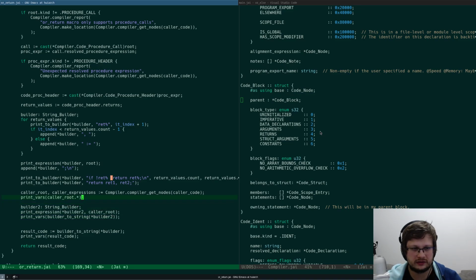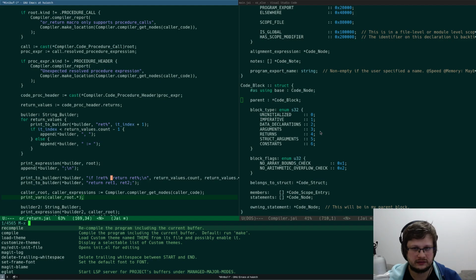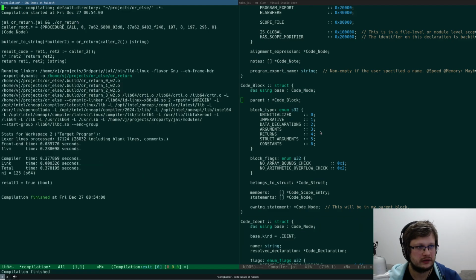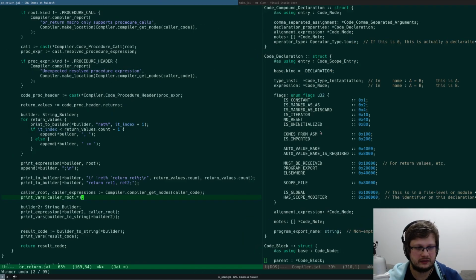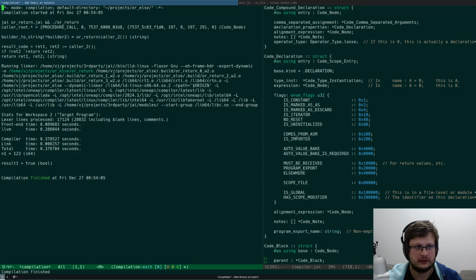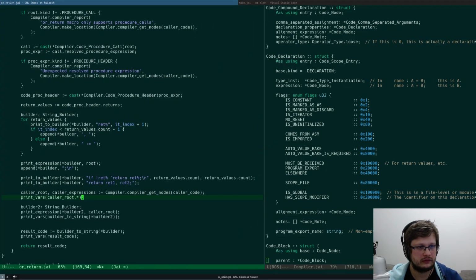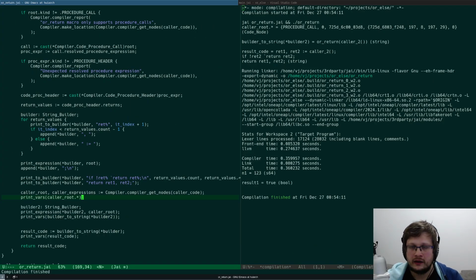Color root dot, let me, what does it have? Procedure call something 0. Wait, does it not have it? Let me format the struct differently.